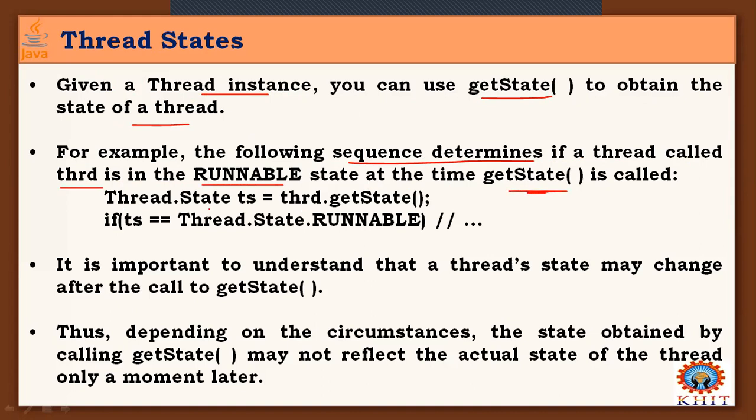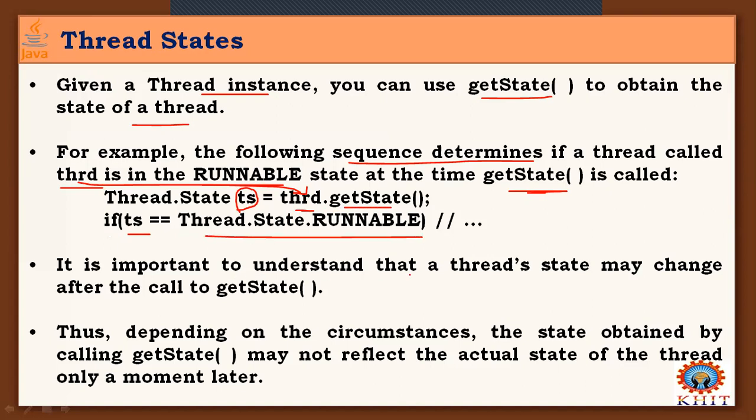So Thread.State is an object that belongs to finding the current thread state. So we can call that thread already created, this runnable object, that is THL, the class that implements this runnable. So call the getState method. So if TS is equal to runnable,